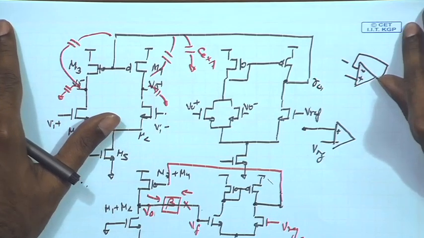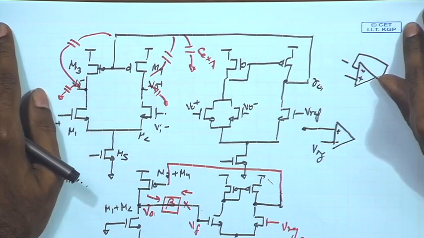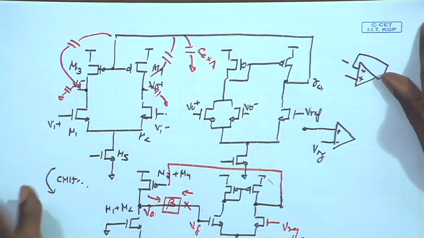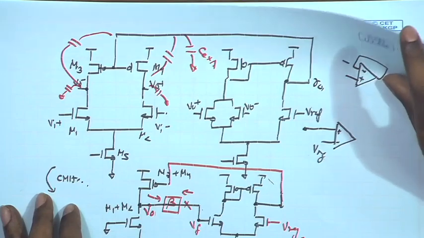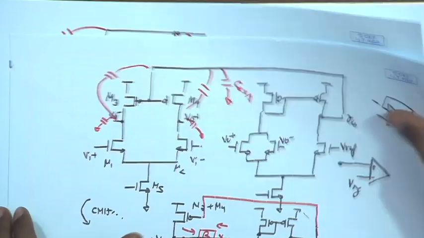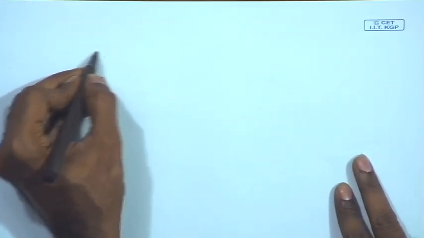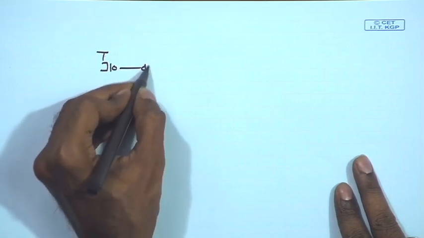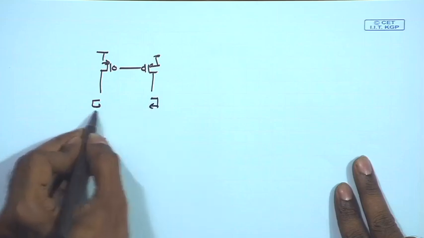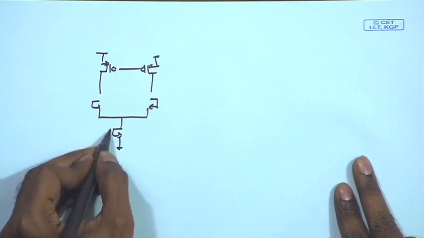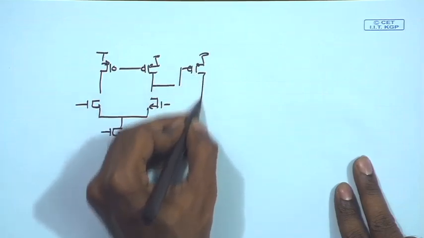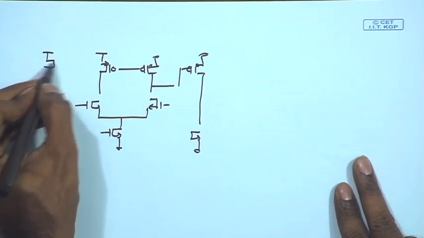Now, as we have discussed yesterday, you can apply the common mode feedback separately for the two loops also, or you can combine the entire loop and apply a single common mode feedback. So if I go for the combined common mode feedback, then the scenario is slightly different. For example, if I apply a common mode feedback for the two loops combined together, that is one option. So in this case,